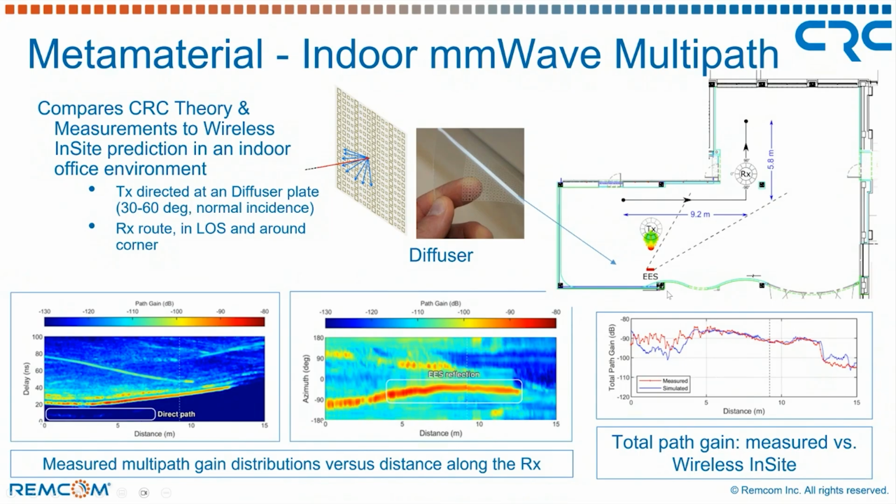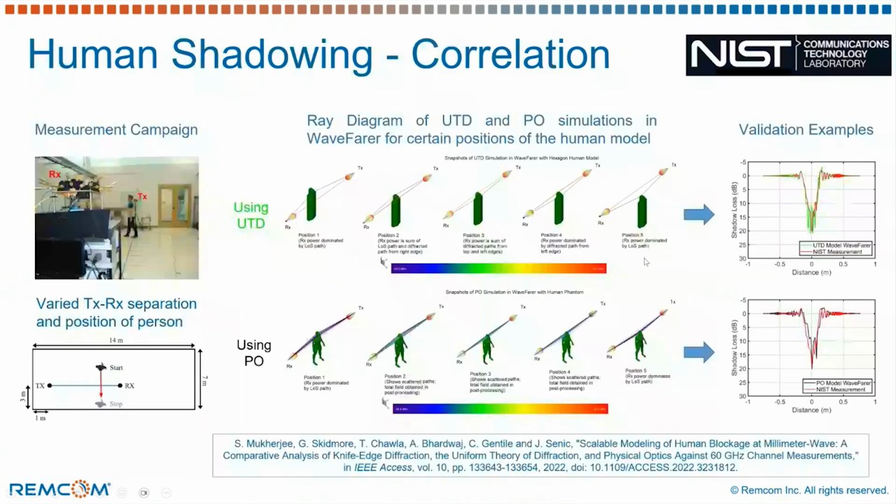Because of multipath effects behind the wall, including internal reflections and potentially the presence of metallic columns, these internal reflections can cause discrepancies. As we move into multipath in the line of sight region, we see excellent correlation from this scattering surface. So this mathematical representation of the scattering from the surface was done in partnership with the CRC and put into Wireless InSite for large-scale studies, including outdoor and use of metamaterials outdoors.